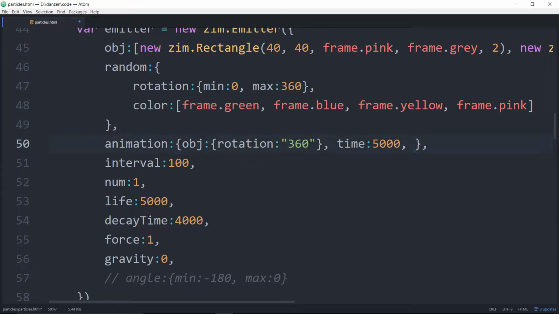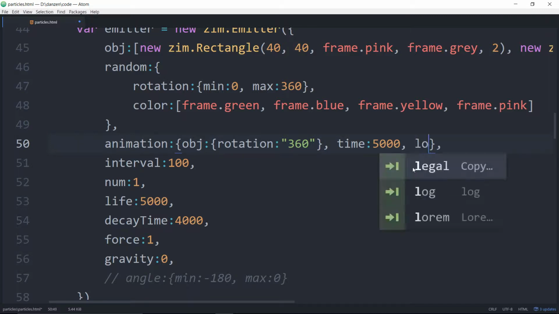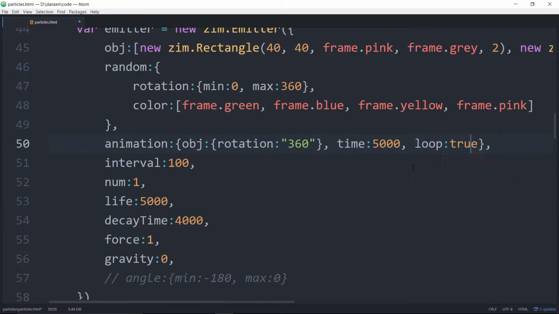Cool. Now whenever you rotate, and we're going to loop as well, so put loop colon true. Whenever we rotate, it looks silly if you have the default easing. The default easing starts off slow, speeds up, and then slows down. And if you're going around in circles, you don't want the ups and downs. So that means you should set the ease to linear,